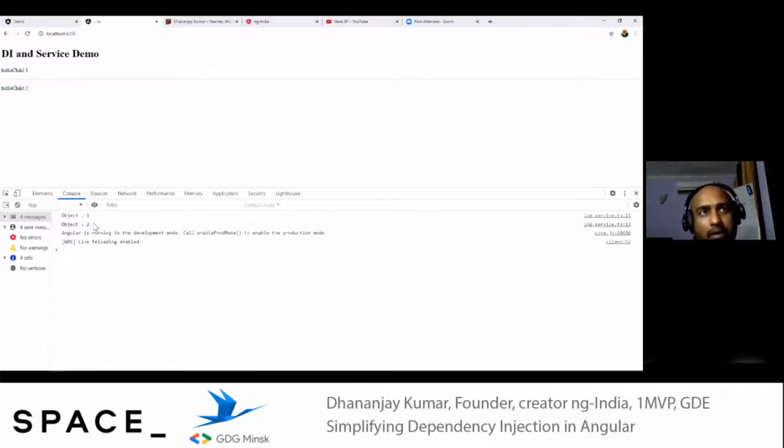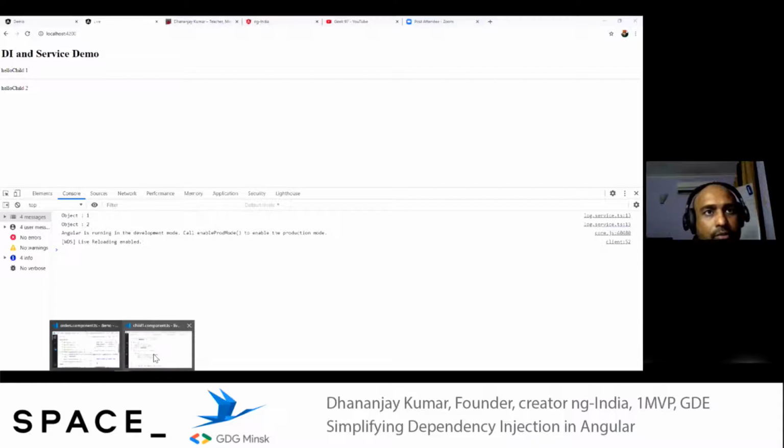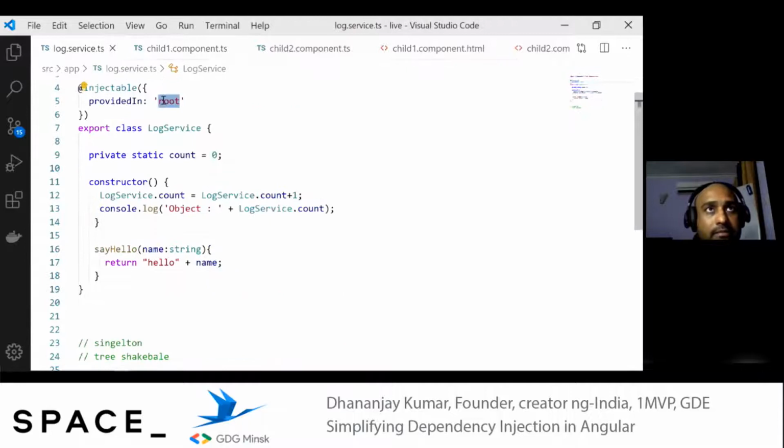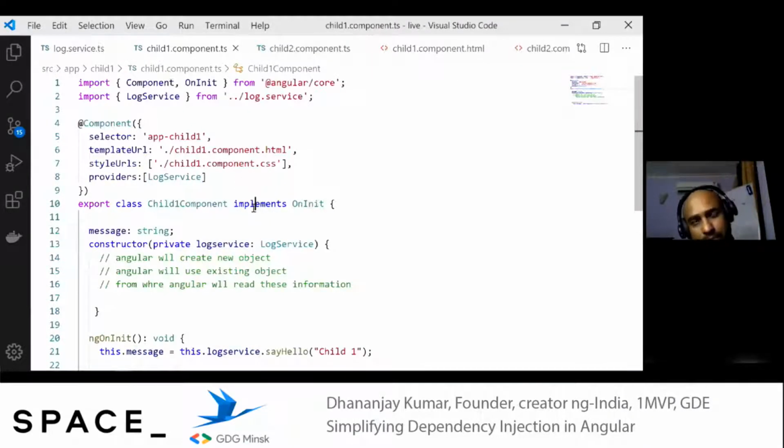Whether Angular will use the object created by this provider or that provider depends on other options which we are not going to cover today.